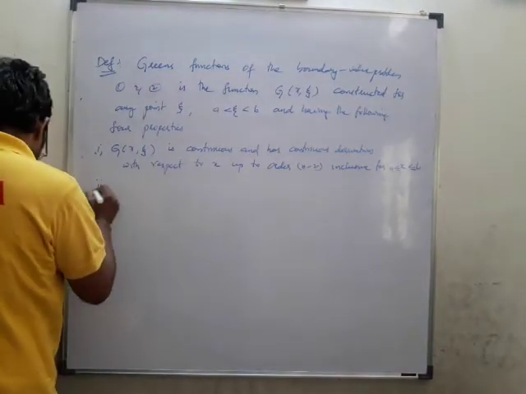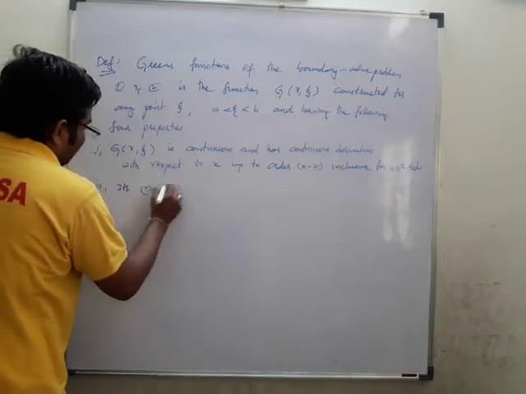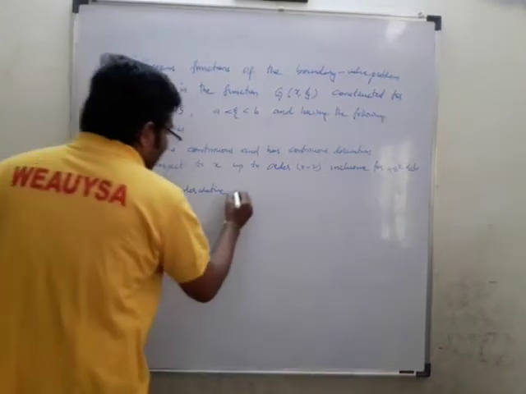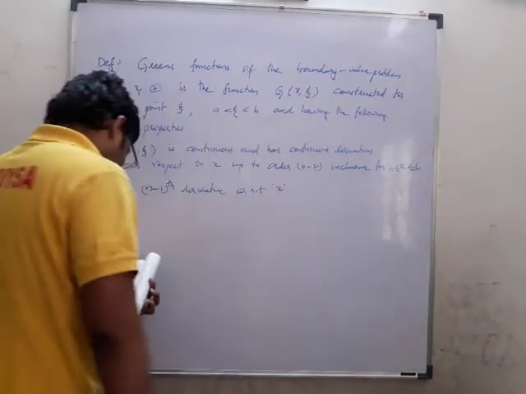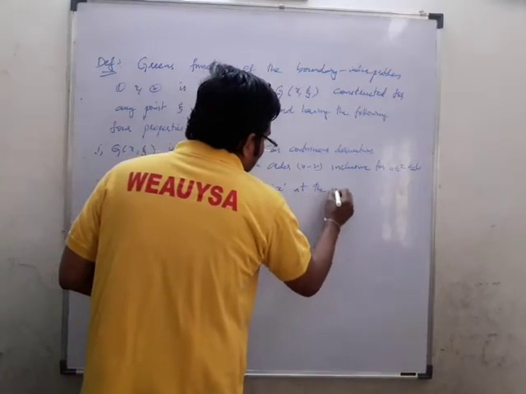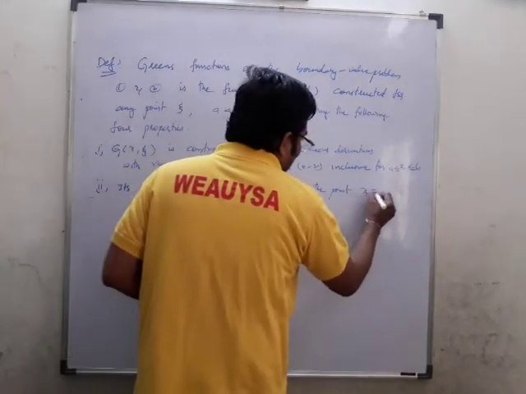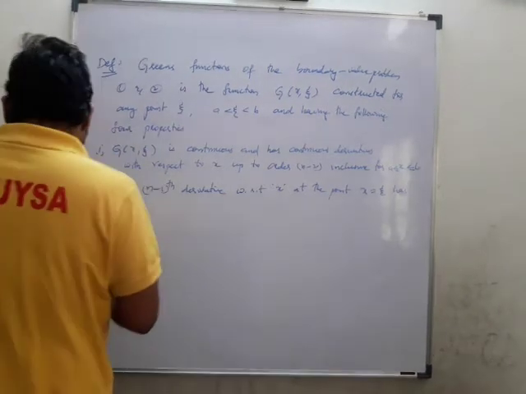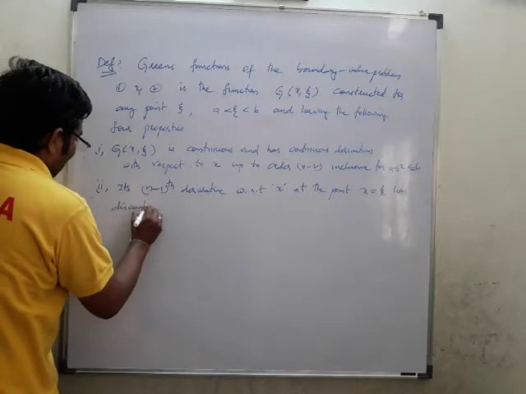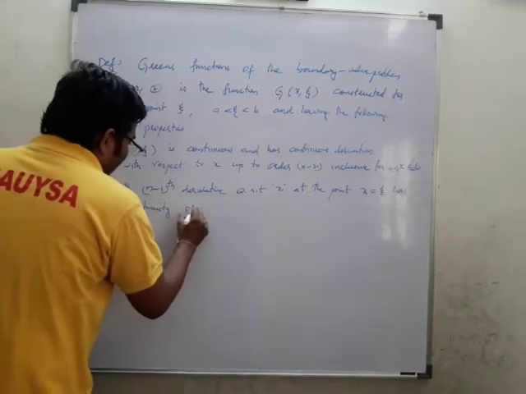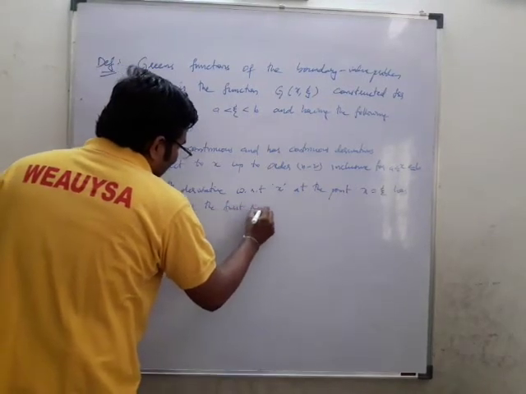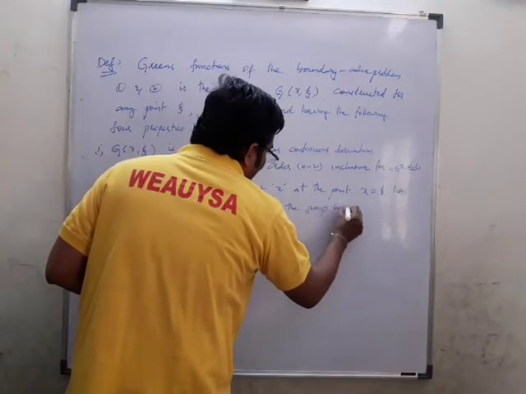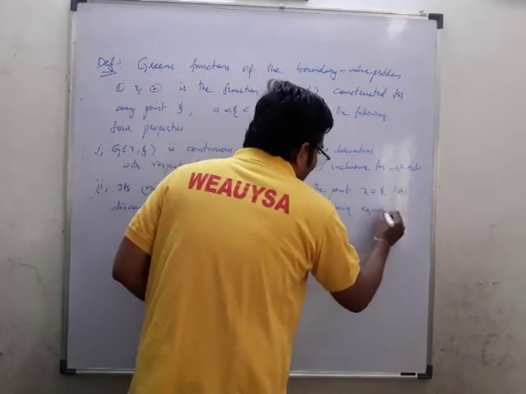Now the second condition, the second property: its n minus 1th derivative with respect to x, at the point x equal to xi, has a discontinuity of the first kind, the jump discontinuity, the jump being equal to